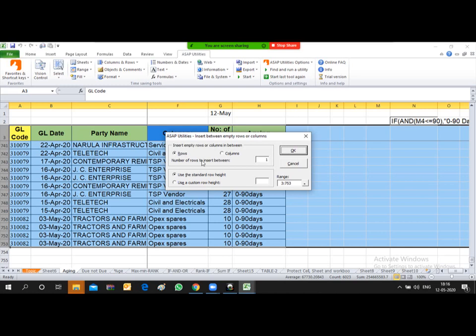The tick is on row. So the number of rows you want to insert. Say if I want to insert two blank rows after each row, so let's see.